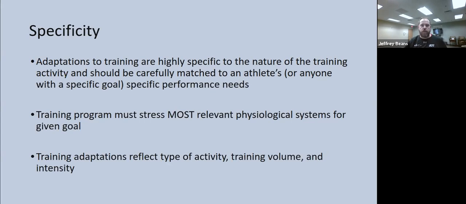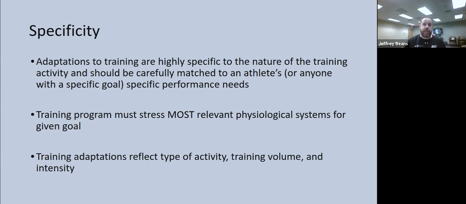So when we're training, we want to train to the most relevant physiological system for a given goal. So if the 5K, using that as the example, then most of it is going to be aerobic in nature. So we want to train aerobic systems. But if the goal is more anaerobic, then we want to train anaerobic systems. So let's say that one of my veterans comes to me and says he wants to compete in the Senior Olympics. And he wants to run in the 100-meter dash. And after assessing him, we feel like he can do that. I'm not going to send him out for 3, 4, 5-mile runs. I'm going to be working on his anaerobic system to get him ready to run that race.